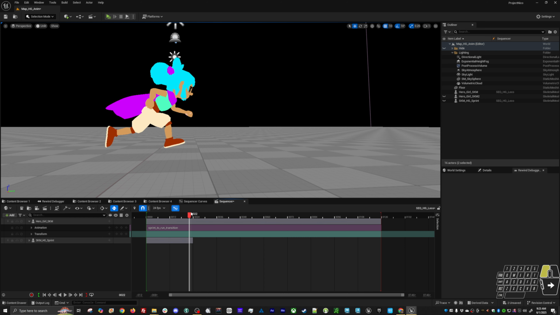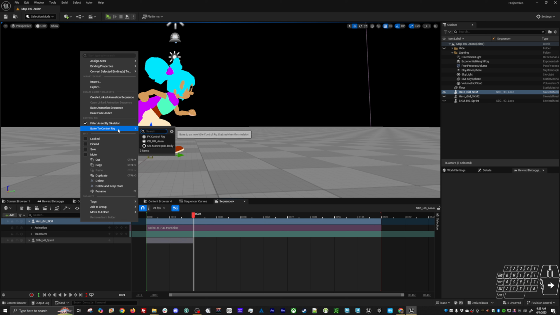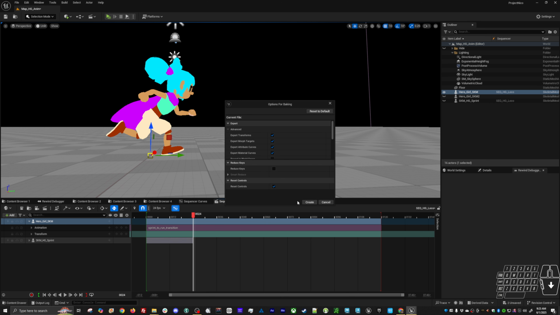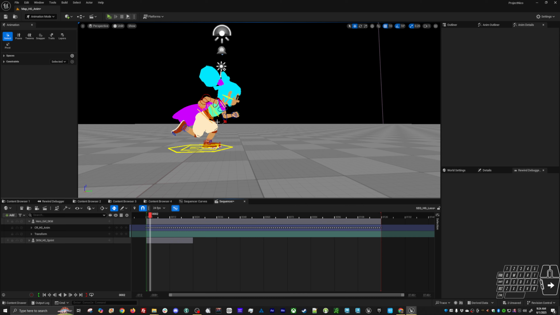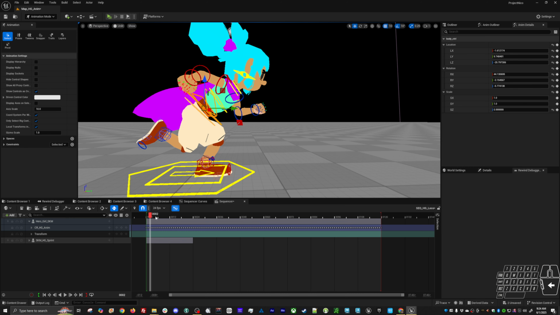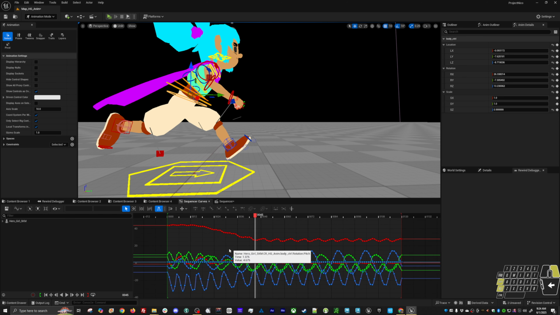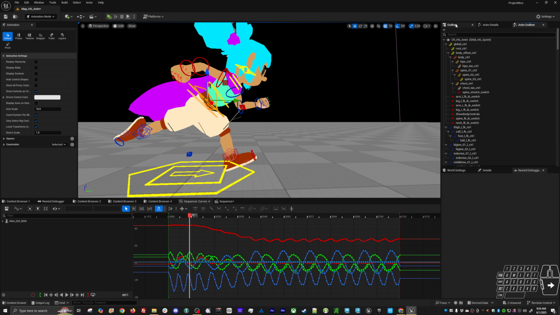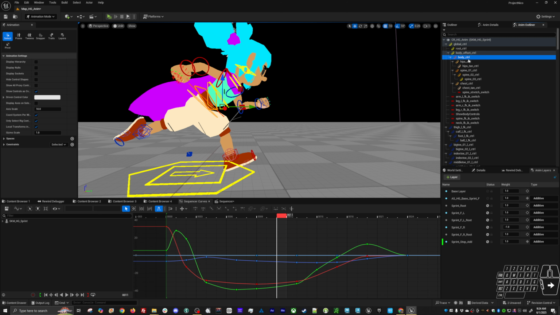So we're sprinting, and then you can see that we're starting to go to run. So we're going to bake this down to our control rig here. And then we can trash that animation. Then let's look at our body control right there. On our sequencer, we can see when it starts rotating. Let's go ahead and bring up our layers panel. Body control,